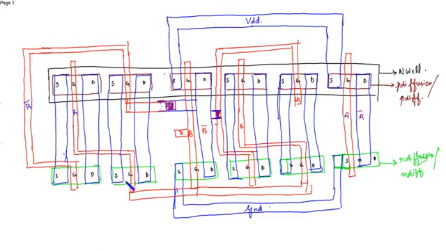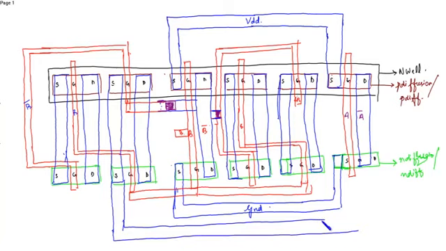So first connect to A bar. This is A bar. A bar, A bar. This is connected to ground. So